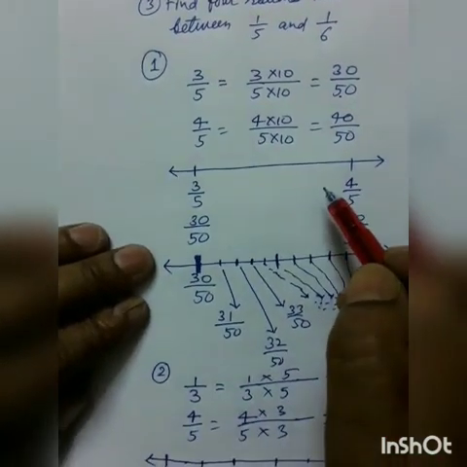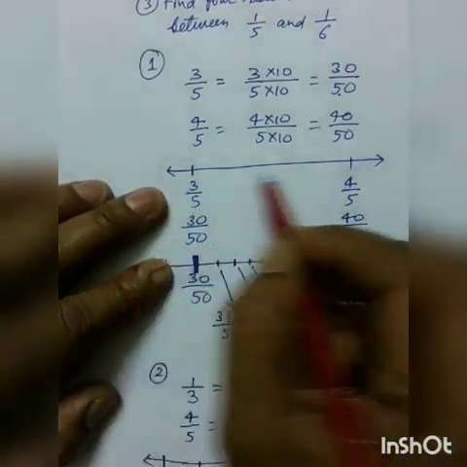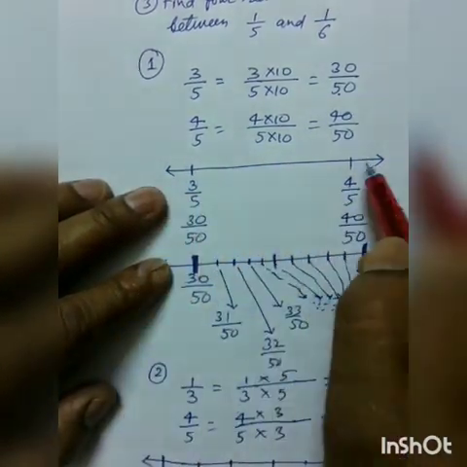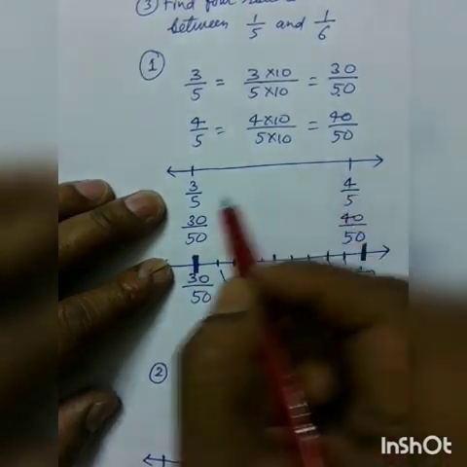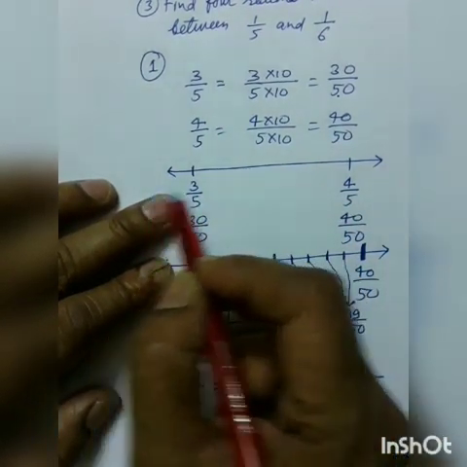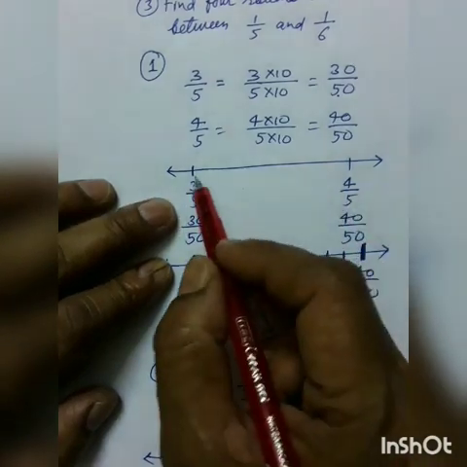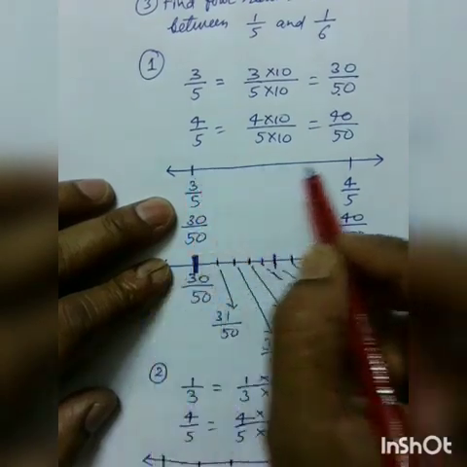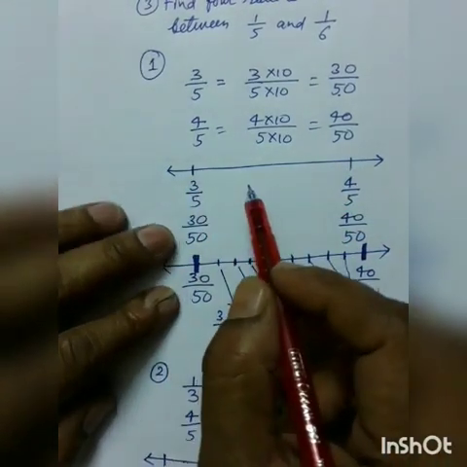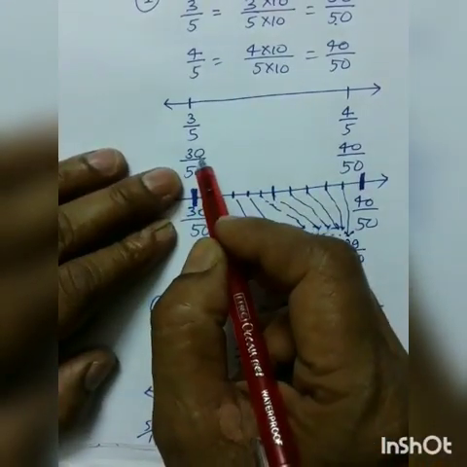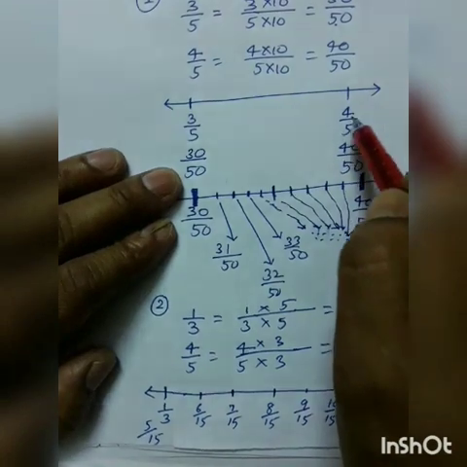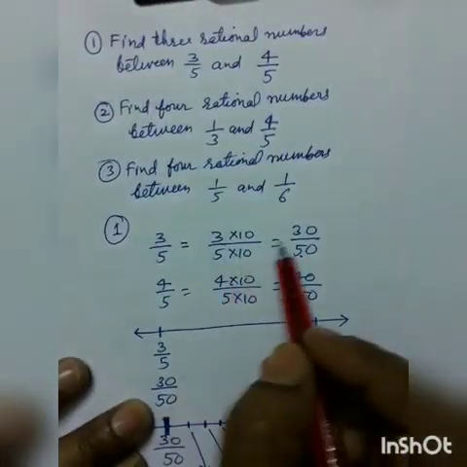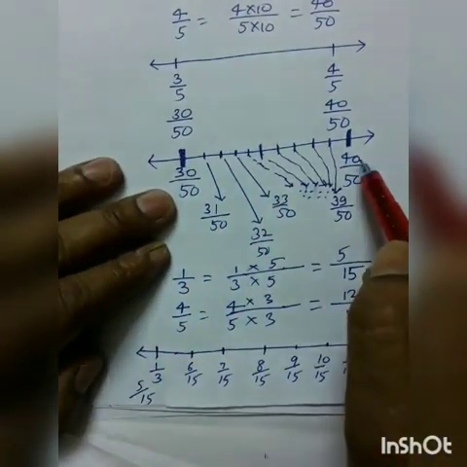Now see, we can have a look on number line. You can draw it in exam also, so that it is very clear to you. See, the smaller number you write left side and the greater number you write right side. So this is the number line, 3 by 5, and here it is 4 by 5, and I have put distance here so that you can find these three rational numbers. See, 3 by 5 is nothing but 30 by 50, and here 4 by 5 is nothing but 40 by 50, because we have shown here both are equal. See, 30 by 50, here 40 by 50.